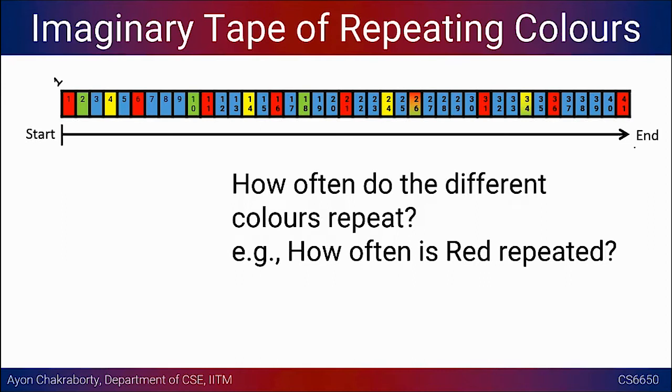So we are trying to frame questions like, how often do you see different colors repeat themselves? Let's say how often green is repeated or how often red is repeated. And we want to come up with an intuitive technique to solve this problem. Suppose you are actually given this tape, which is an analog of the time domain data that you are getting. We are basically getting a series of voltage values, but for the time being, we are keeping them apart. Let's concentrate on this hypothetical example, and we want to come up with a way to get how often these different colors are repeated.